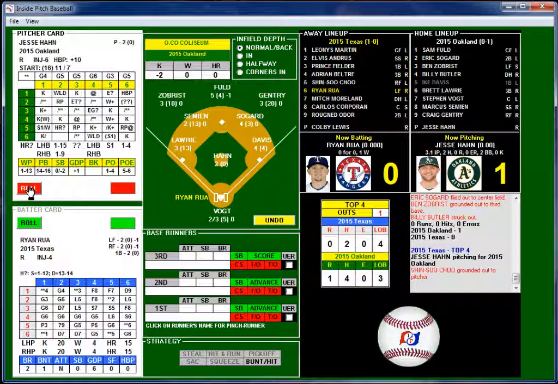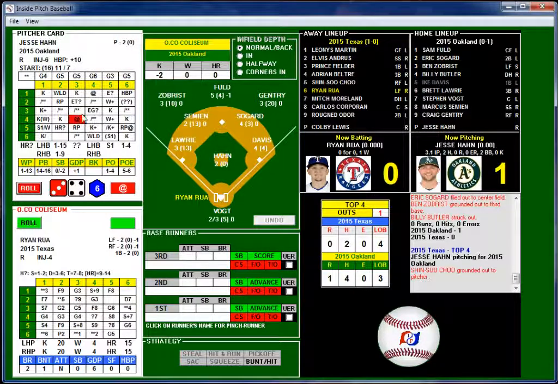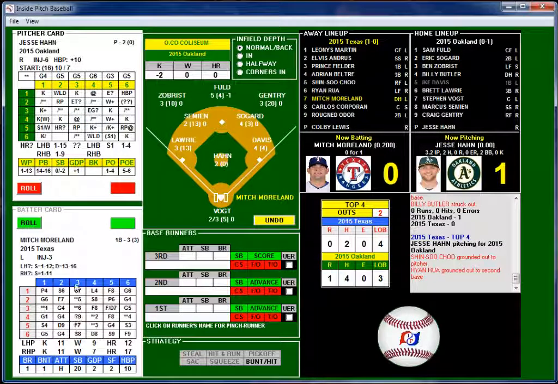And Jesse Hahn is going to be pitching to Ryan Rua, 0 for 0 with a walk. Oh, I know. Choo got plunked. That's why he had nothing. He got hit by the pitch. Yeah, because he has a 20 on the hit by pitch. Ryan Rua, 3-4. 34, it's going to be a ballpark. So those blanks are going to be rare plays. So if we get a 6-1 or 5-2, that's a 3-4. It's going to be a ground ball to second base. Out. Sogard makes the play for the second out.